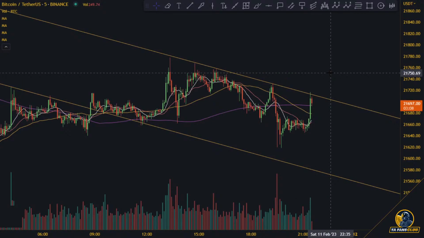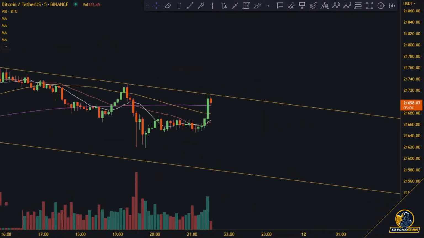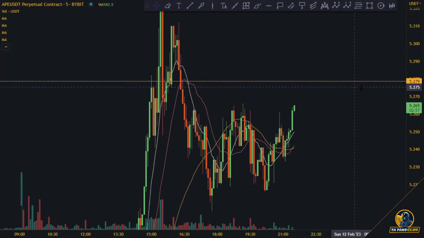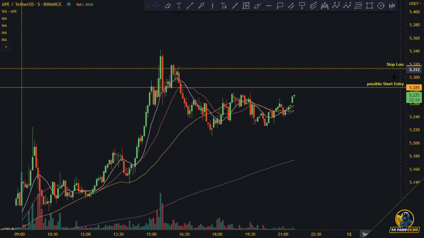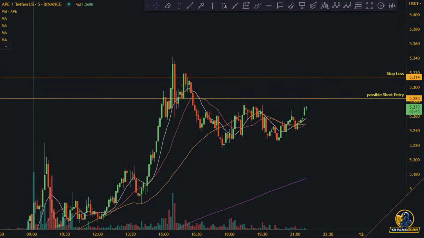Just hit resistance. Might have a consolidation period. Ape is going to our entries up here. Possible short entry, but the problem with the possible short entry